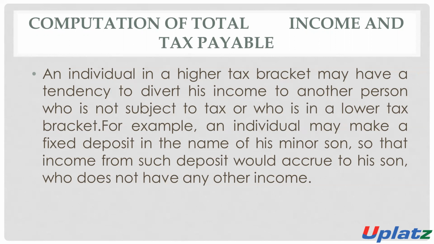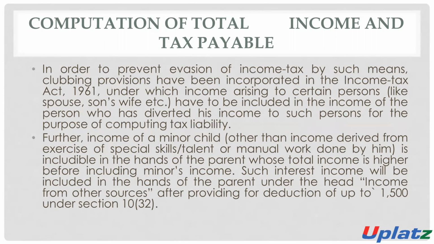It will be, according to him, taxable or accrued to his son, and it does not become part of his income. But as per the provision of clubbing, such income will be taxable in the hands of such individual. So, to prevent this type of tax evasion,